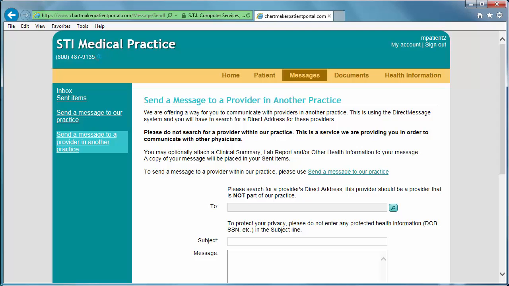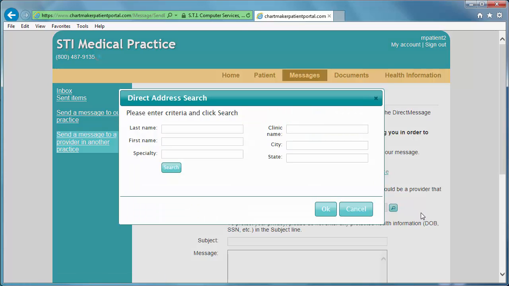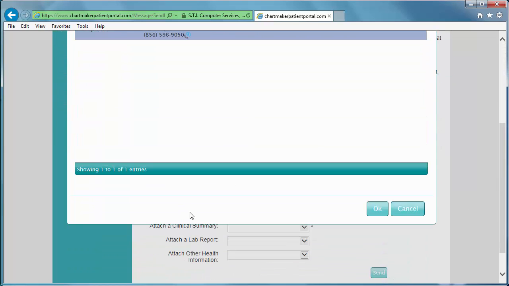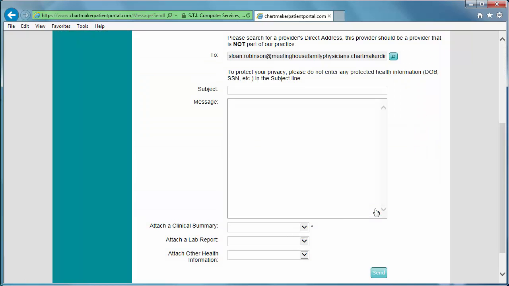If the patient would like to send a direct message, they'll start by clicking the lookup icon next to the To field. Then enter the search criteria for the provider they are looking for and click Search. Once the results are returned, they can highlight the provider and click OK to select them. They can then enter their subject